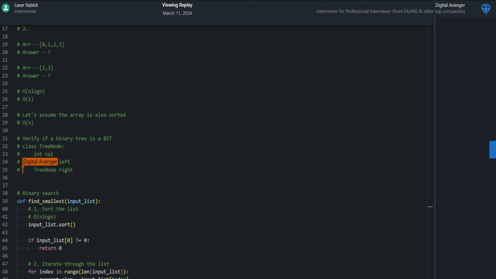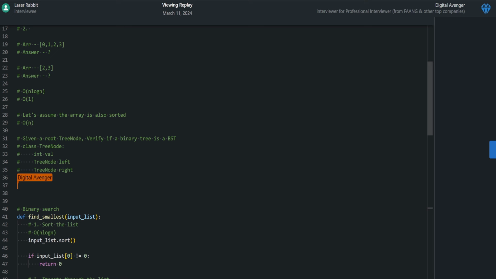So basically, you have a tree node: val, left, right. The ask is, given a root, you are given a root tree node. So the method looks like something like this. Def,